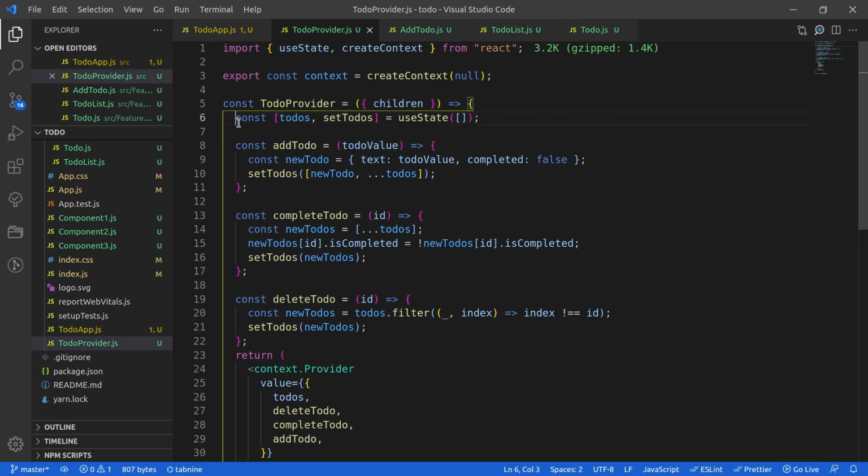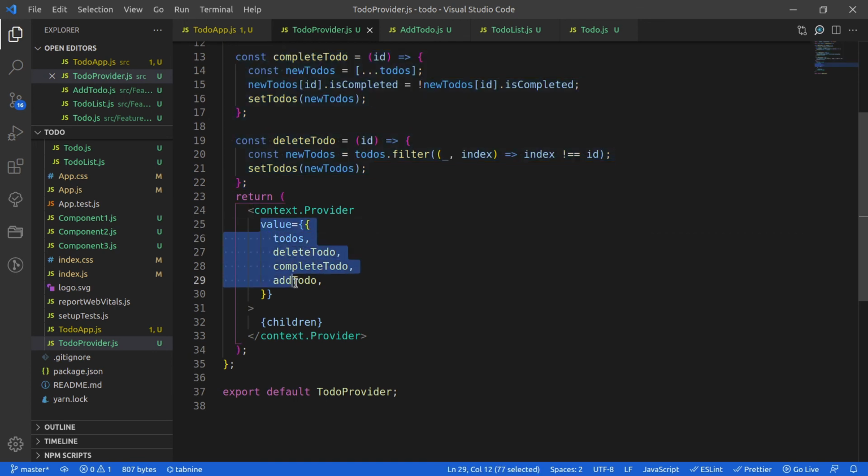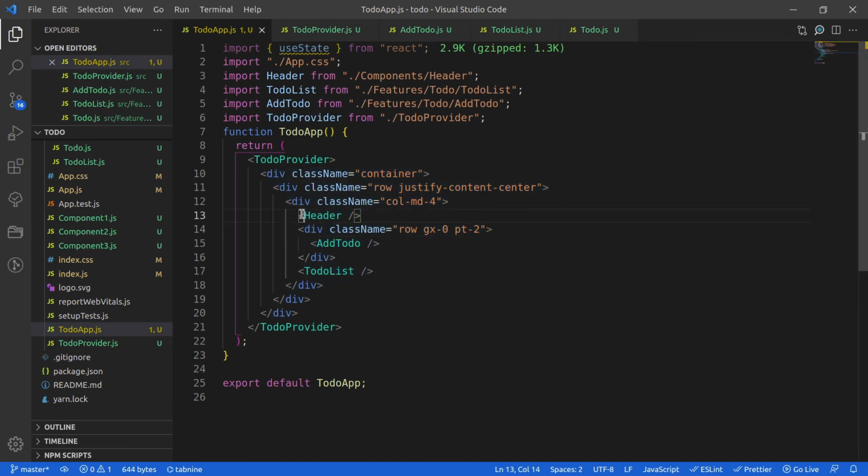And here I have pasted all the business logic, and these are the values that I want all my children to have access to. Of course, I know that header component is there and it is not using any of these values, but still I have wrapped it inside the provider.